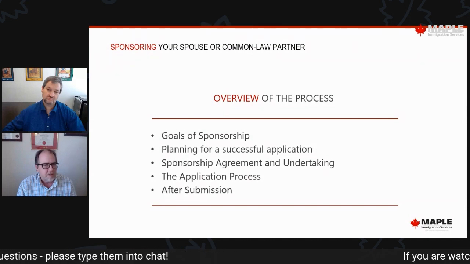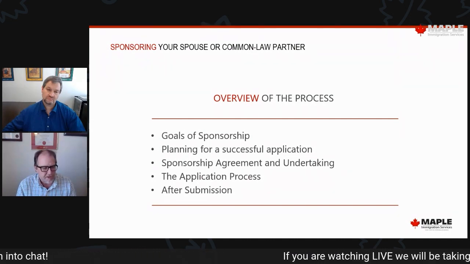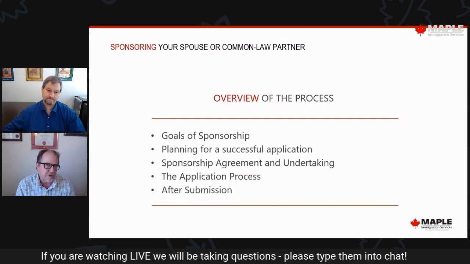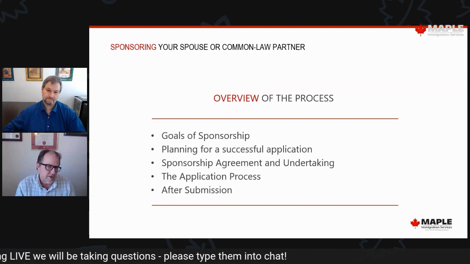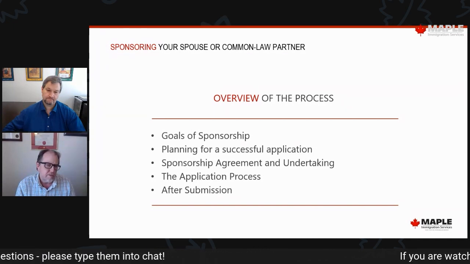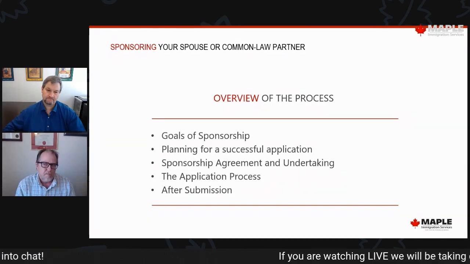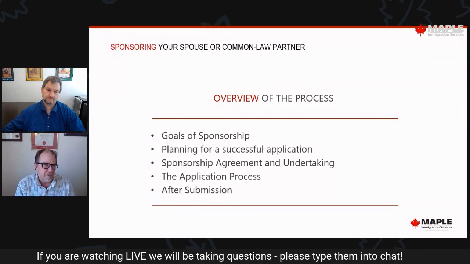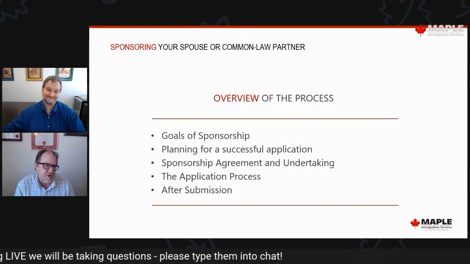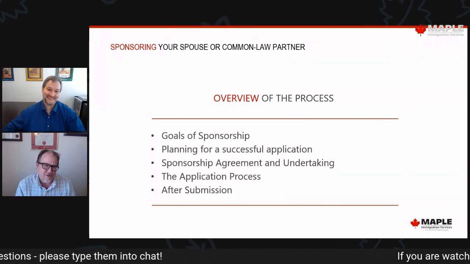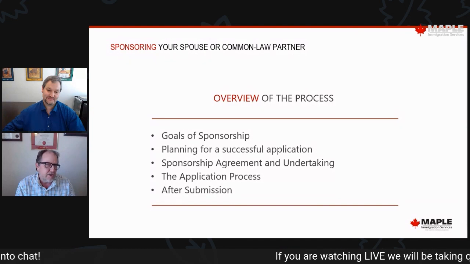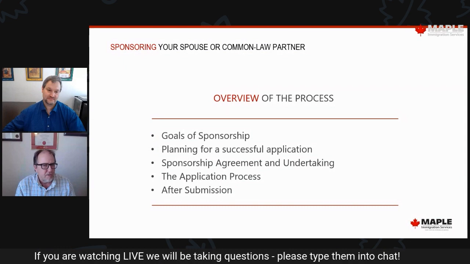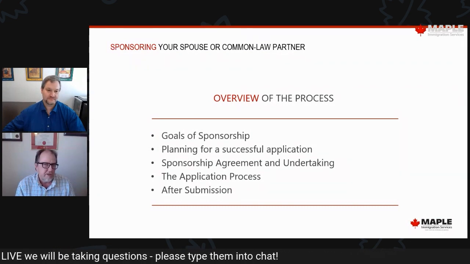And one of the key things is, as Brandon used the term, interconnectedness. The government likes to look at something they call genuineness of the relationship. And that's the key thing. The government does not want people sponsoring people with the goal of immigrating to Canada. You're sponsoring your spouse or partner because you're in love and you want to be together. It's a genuine relationship, and that's the key to all these applications, that you need to put in the supporting documents necessary to show that genuineness.